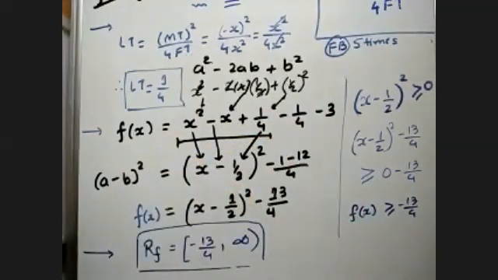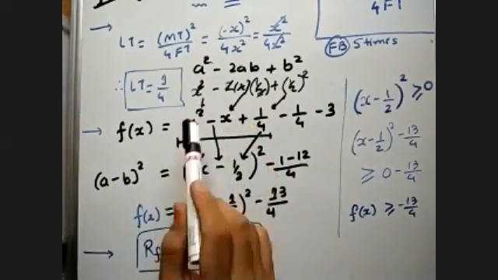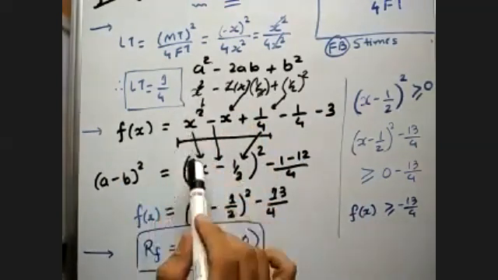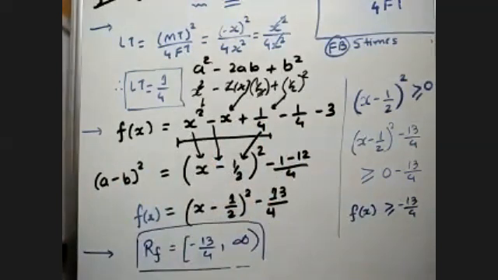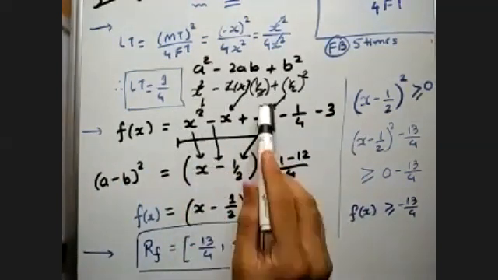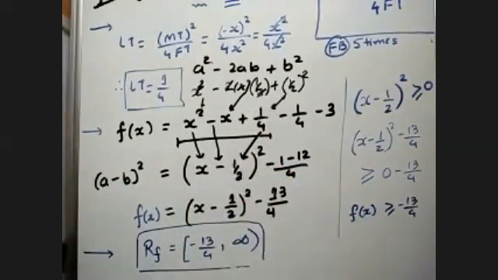Now to get this from here, I will take square root of the first term, that is x. I will take the sign from the middle term, and I will take square root from the third term. Then I will write it as whole square. So is it clear now? Let us move to question number 44.